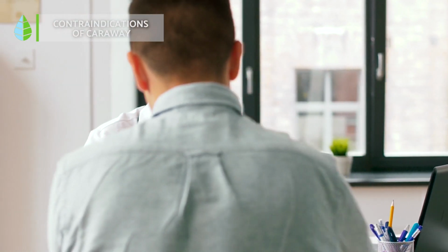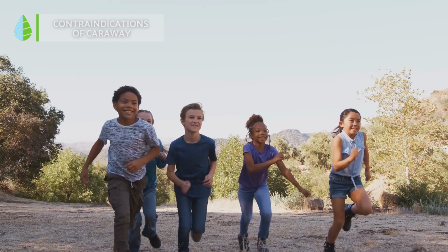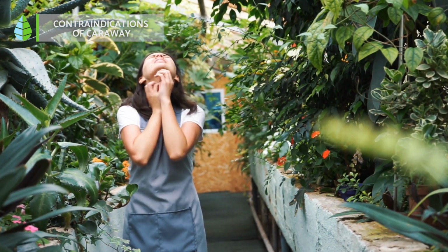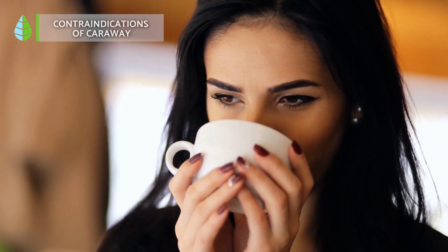Contraindications of caraway. We advise you to always contact your family doctor before taking it on your own. It is not advised to be taken during pregnancy or lactation. It is also contraindicated for children and people who are allergic to any of the ingredients. Due to the oils it contains, excessive consumption can lead to a mild addictive effect, so it should always be